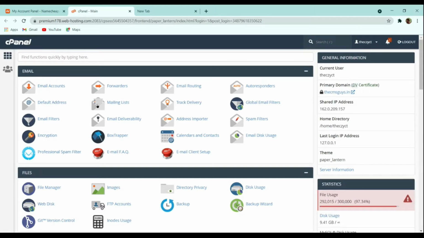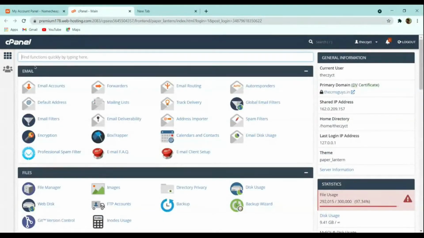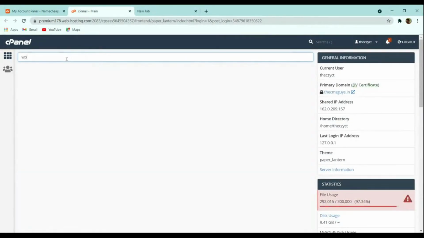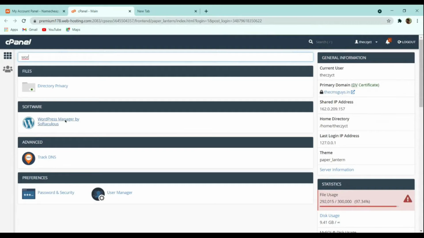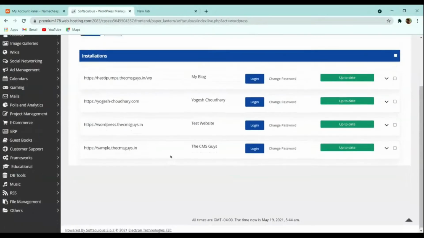To install WordPress, we have to scroll down to the bottom, or you can also use this search option. Search for WordPress, and you can see WordPress Manager by Softaculous. We have to use this one. You can click on this, and here you have to choose the domain name where you want to install it.